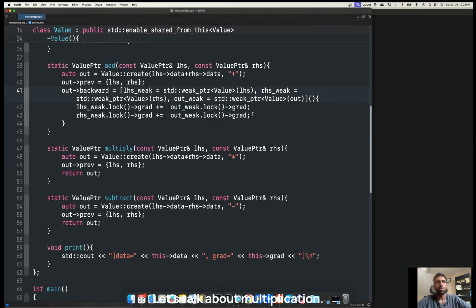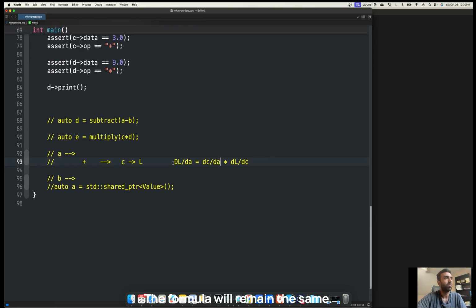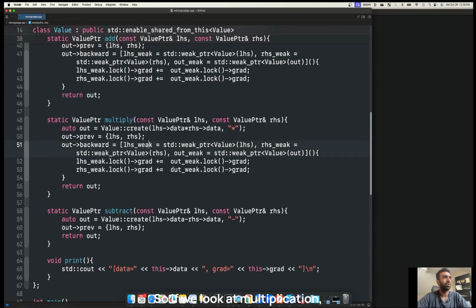Let's talk about multiplication. The formula will remain the same. So dL with respect to dA, that means the gradients of A, will be the local gradient times the output gradient. And the local gradient now, dC with respect to dA, will be the value B, times the output gradient. So if we look at multiplication, everything will remain the same. The only thing that will change is